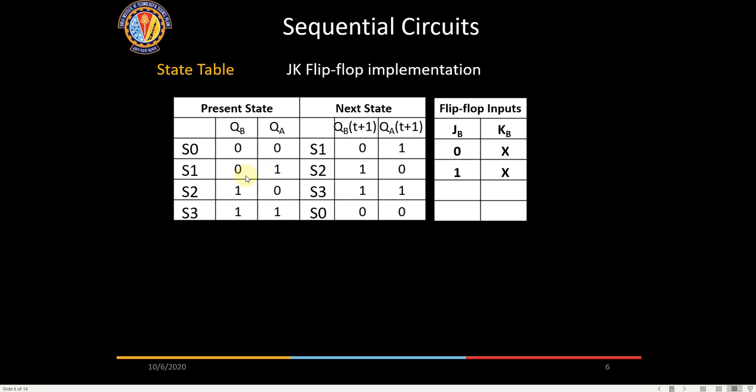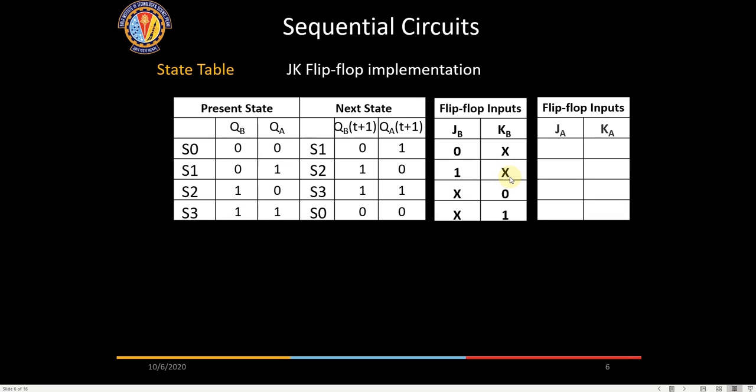Similarly, in the next state, the Q, which is the MSB, goes from 0 to 1. So it becomes 1 X. In the next state, the QMSB is from 1 to 1, so it is 1 0. And in the next state, it is 1 to 0, so it is going to be X 1. This information comes from the excitation table, so you need to know this. In fact, in the exam you may learn this by heart,